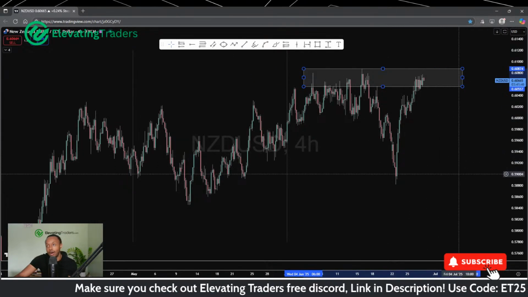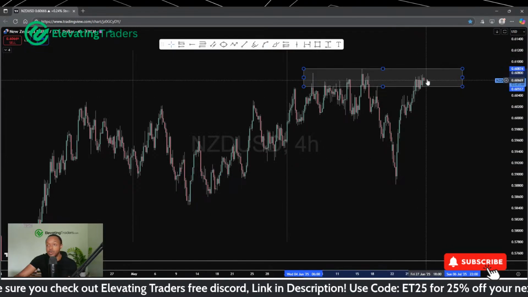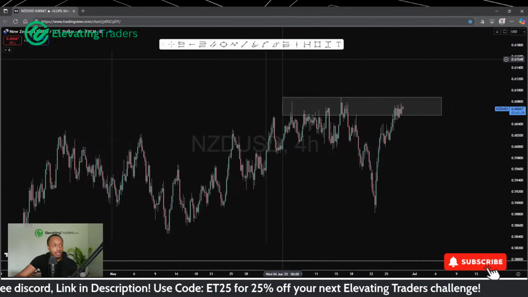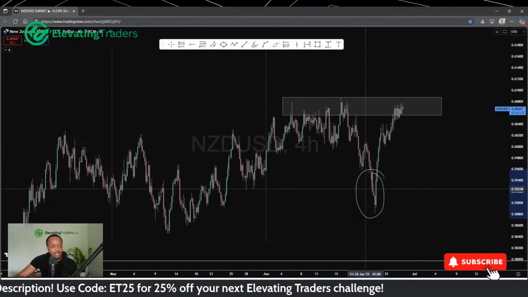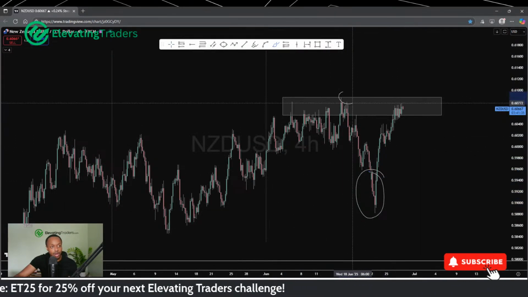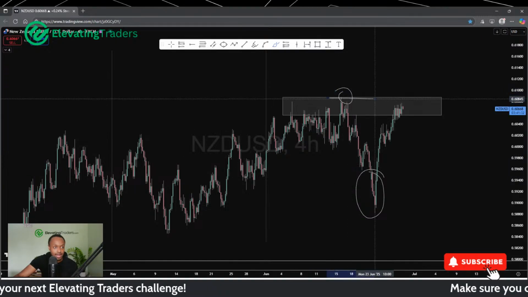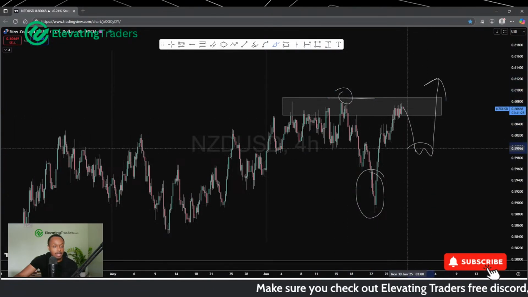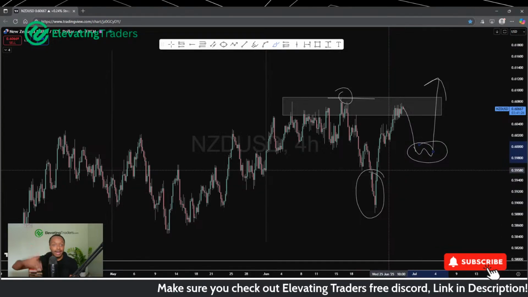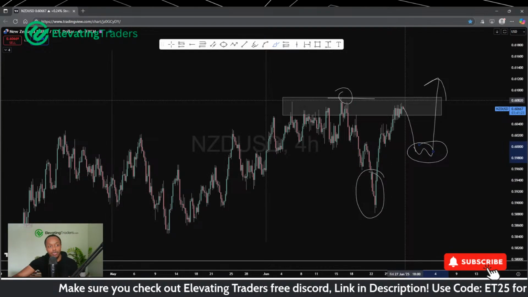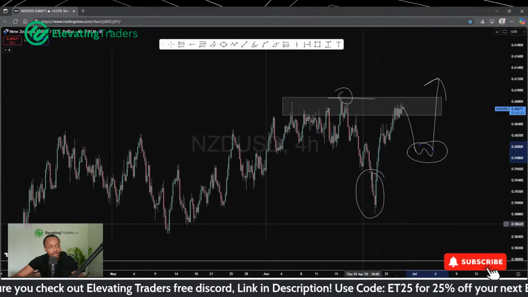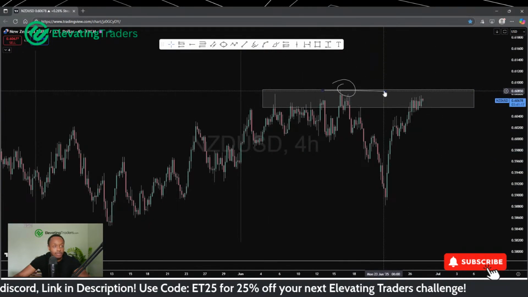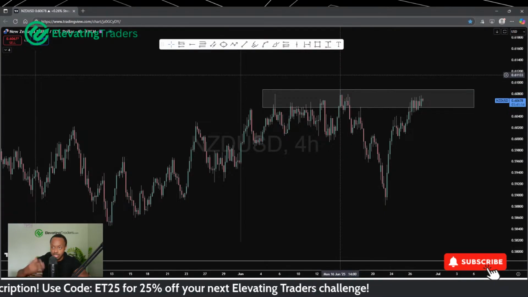How big of a move, I'm not too sure. I'll be keeping a close eye on those shorts, to be honest, because I do think we can still rally higher. I think after this massive sell-off followed by a very sharp recovery, we are likely to see new highs past that point there. So if we do short, I'm probably expecting another higher low to go and break the highs. So if I was short from here, I would be very watchful over that trade. But we are at resistance, and provided we see a strong rejection, that could be a nice short to take, especially intraday.